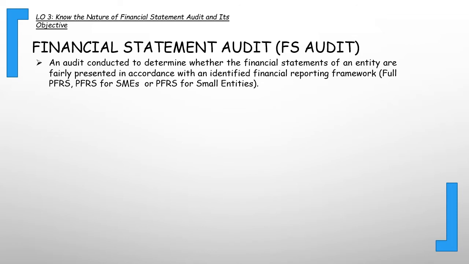Then, meron din tayong micro entities. Sila yung may mga asset or liabilities na below 3 million. So, yung mga micro entities, meron silang choice kung i-adapt nila yung small entities or income tax basis. Okay. Bibigyan ko na lang kayo ng copy ng SRC rule na andun din yung mga responsibility ng auditor, yung mga reports na need to comply ng isang auditor. Okay? Kasi in practice, in reality, susundin natin yan. Okay?